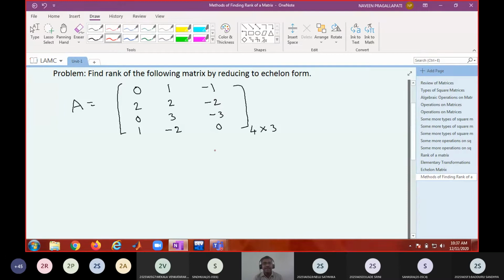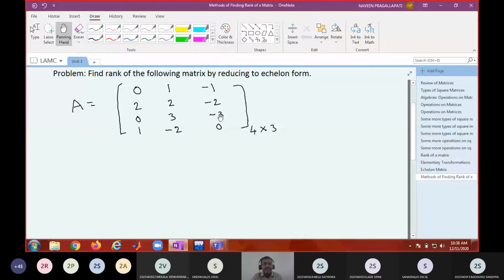What do you mean by pivot element? Can you recall? The first non-zero entry, the leading non-zero entry. When I say first non-zero entry, that means the positions before it must be occupied by 0. So ideally, I would like to see a non-zero value at this position, and here also I would like to see a non-zero value as a pivot position. This being a pivot position means the entry before it must be occupied by 0.